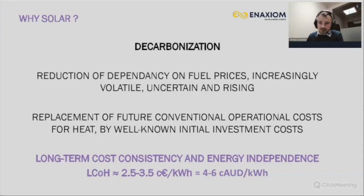So first place, of course, it's decarbonization. So the will to reduce the carbon emissions that we are sending to the atmosphere, but not only that. So there are other advantages that go together with solar. One is, of course, the reduction of the dependency. So solar means that you are generating yourself part of the energy that you are consuming. So you are reducing your dependency on external suppliers of that energy. This means also reducing your dependency on fuel prices that we don't know how they might turn out in the short term, mid term, long term,